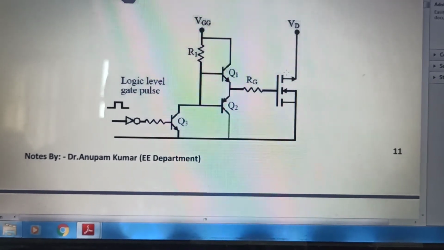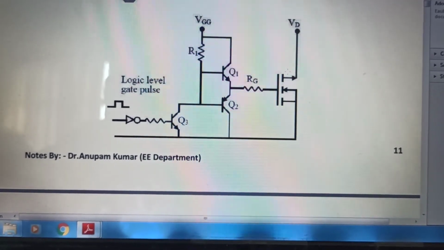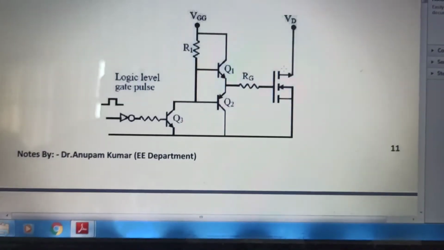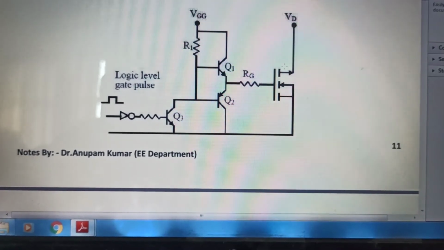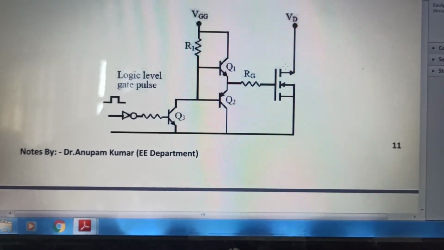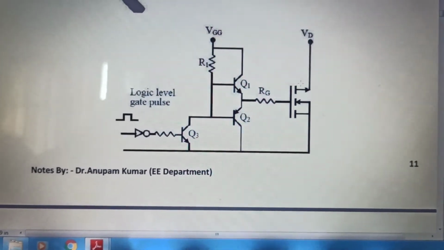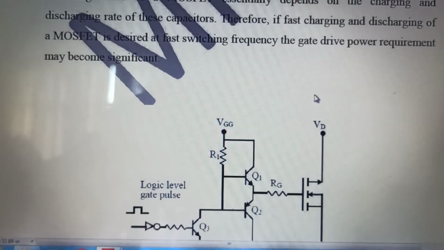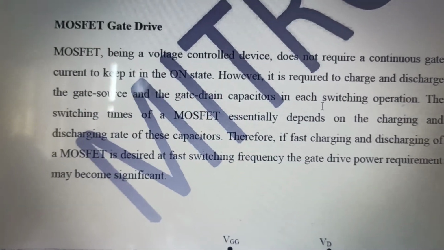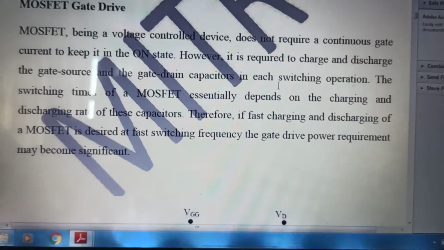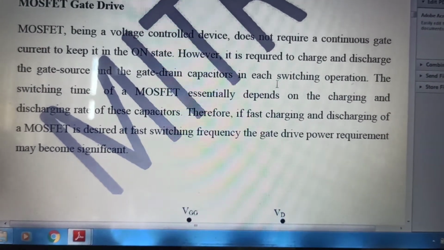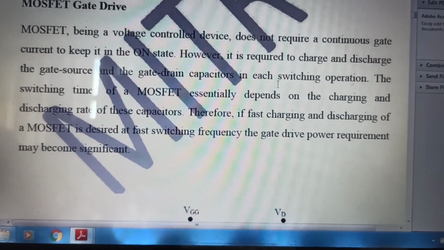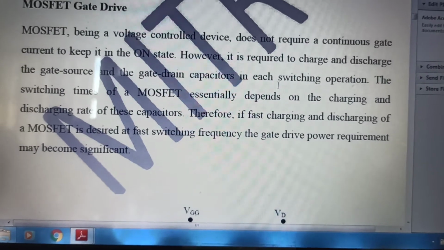If I go back down memory lane, you can easily conclude which kind of enhancement type of MOSFET this is, and which channel is there. It is an N channel enhancement type MOSFET. I think the operation might be listed here. Now one more thing that needs to be understood: this paragraph plays a very important role, because it is here that you get to know the basic working of this drive power circuit.